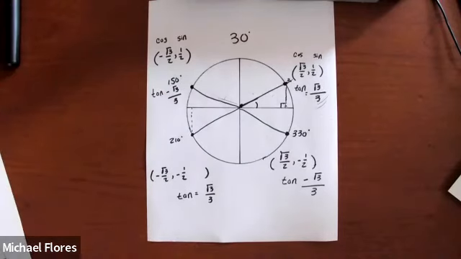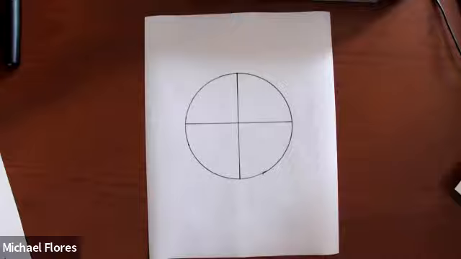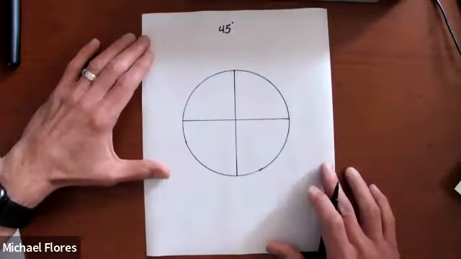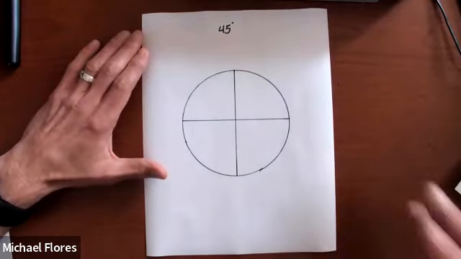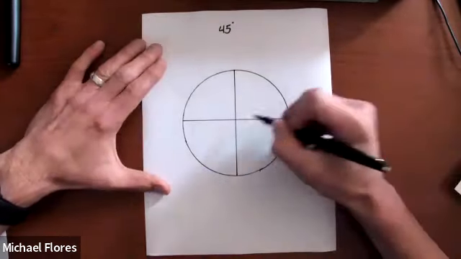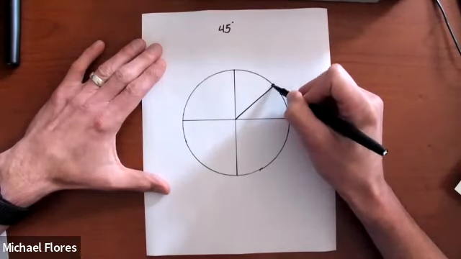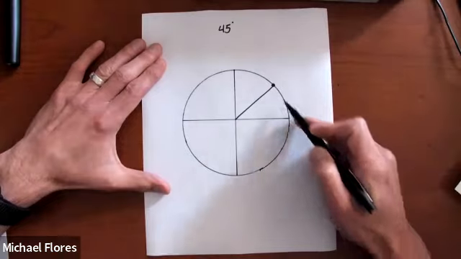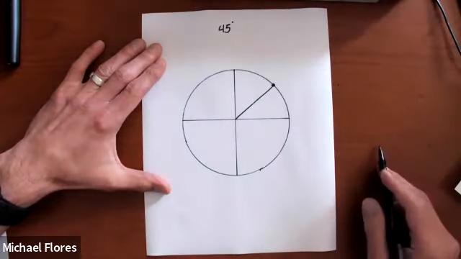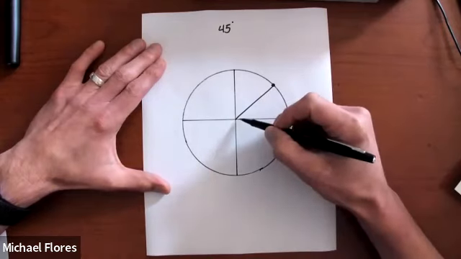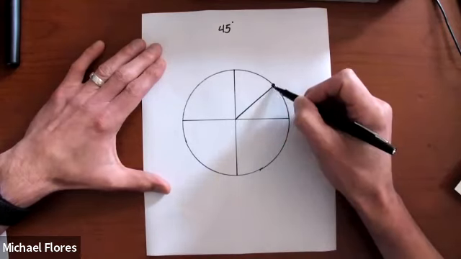Let's now move on to the second circle, and we're going to do the 45-degree family. 45 degrees. All right, 45 degrees. If I were to tell you, plot the terminal ray of a 45-degree angle, it would look like that. Right smack dab between 0 and 90 degrees. And in order to get to that coordinate from the origin, we'd have to go right a little bit and then up a little bit,